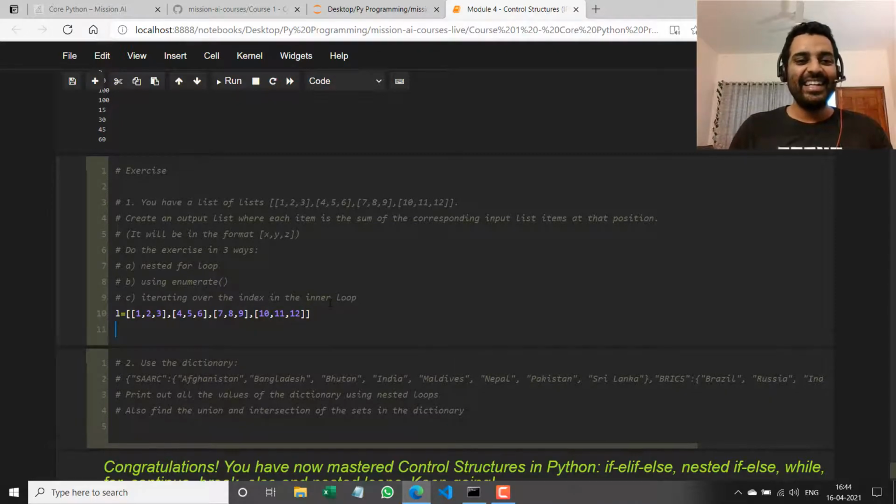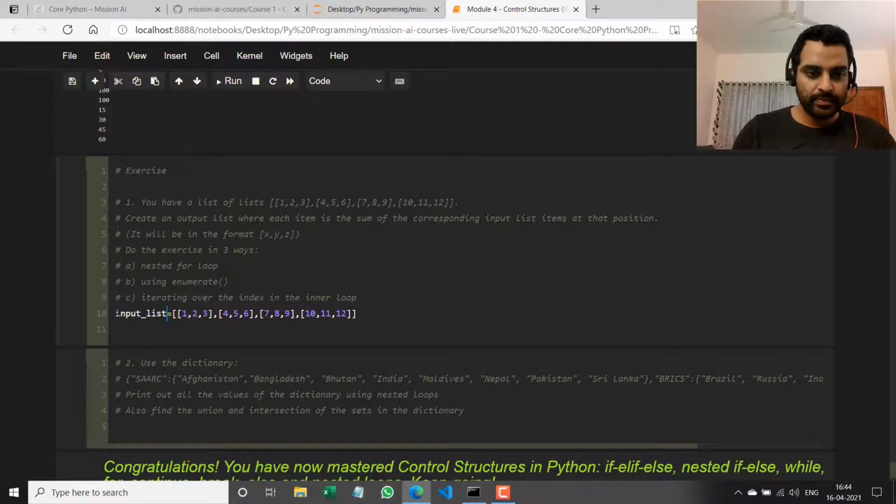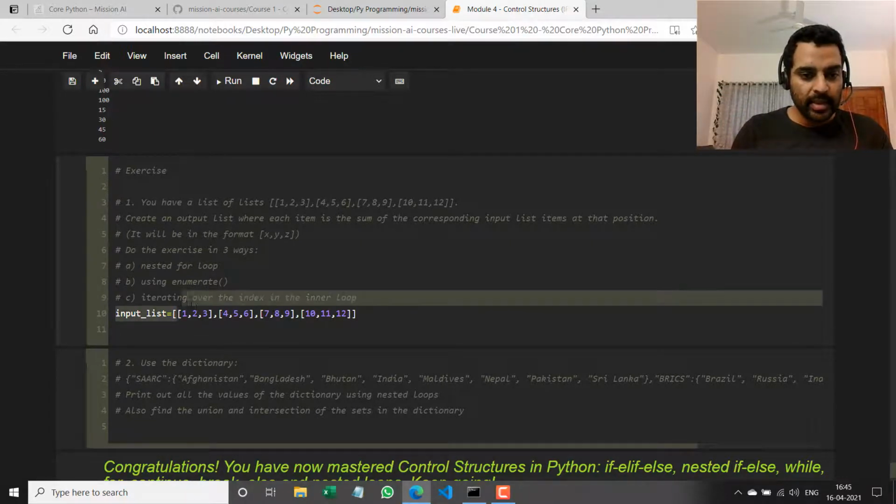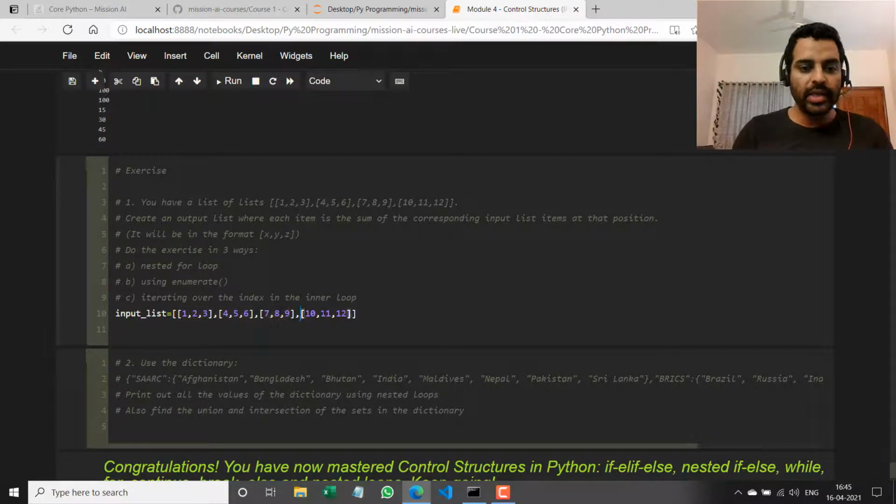Let's go on. Create an output list where each item is the sum of the corresponding input list items at that position, right? So let me actually call this input underscore list. Now, what does the question actually mean? The input list has how many items? 1, 2, 3, and 4. It has 4 inner lists, right? So the output list should have 4 items where each item is the sum of these inner lists at that position. So ideally the output list should be,